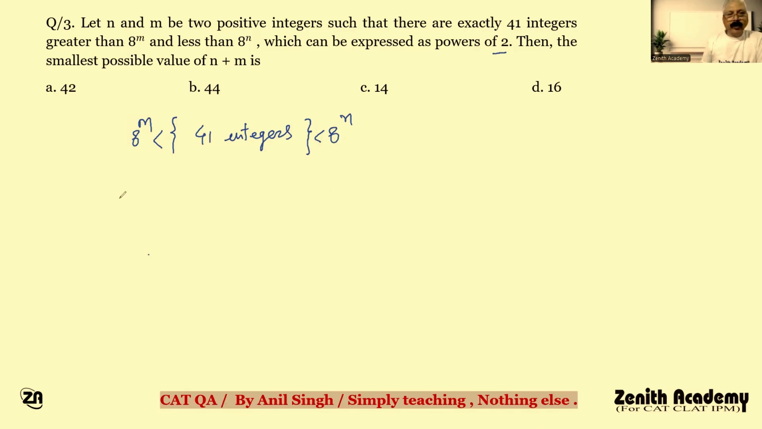Here 8 to the power m we can write as 2 to the power 3m. So 41 integers means the first integer which is greater than 2 to the power 3m is 2 to the power 3m plus 1, right? The second integer is 2 to the power 3m plus 2, then 2 to the power 3m plus 3. All these integers will be greater than 2 to the power 3m. And there are 41 integers, so 2 to the power